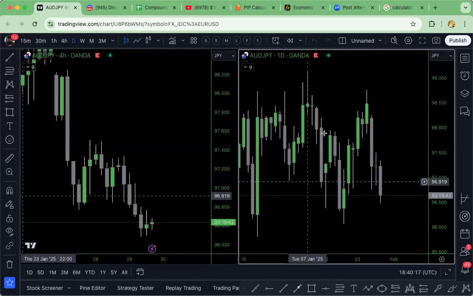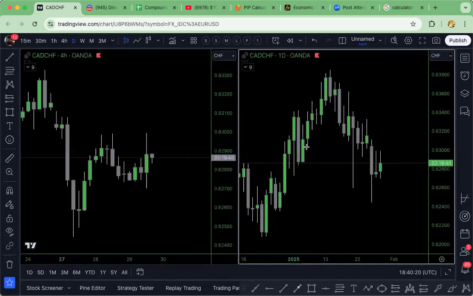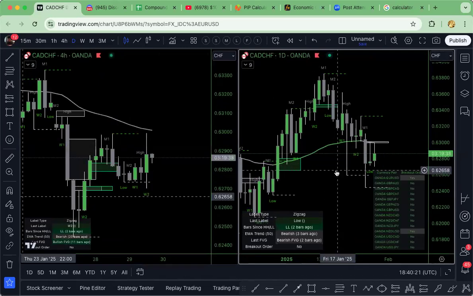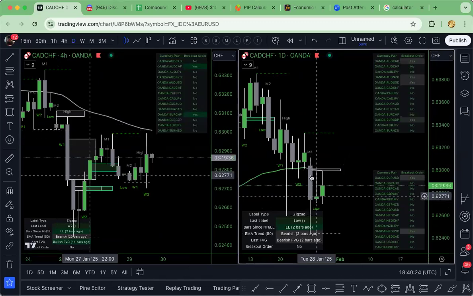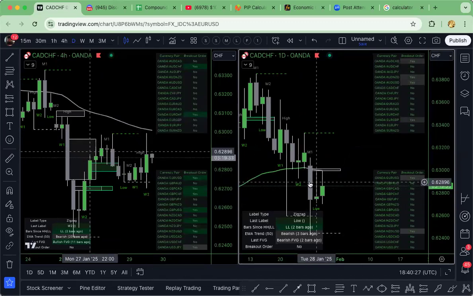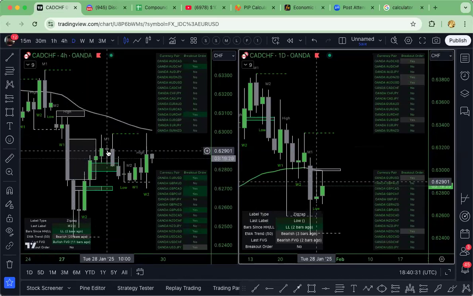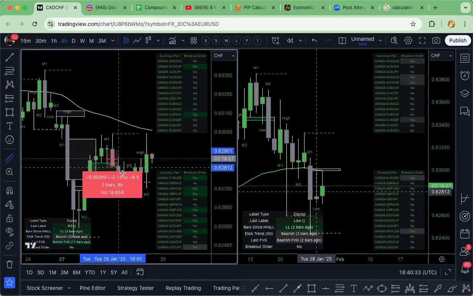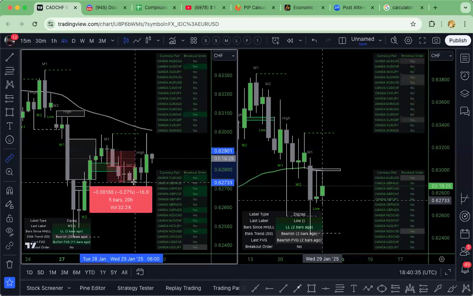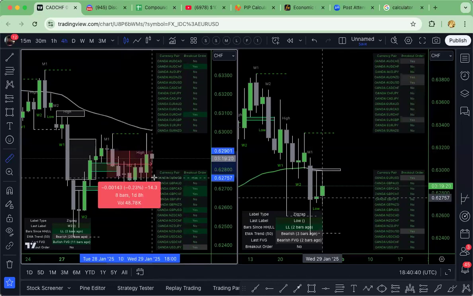So remember, we're already in 2 winners right now. Boom. Okay, CAD CHF, you can see it broke through here. So when CAD CHF broke through here on Monday, here was your M1 entry right here. So this is a pair that would have been one of those, it's moving a bit funny. You would have only got 16 pips profit in this pair so far. But you can see it's giving you like a break even. Possibly it might do the move. Possibly it might not. Remember, you would have been in 2 blue trades, 1 blue/red trade in terms of it's going positive,